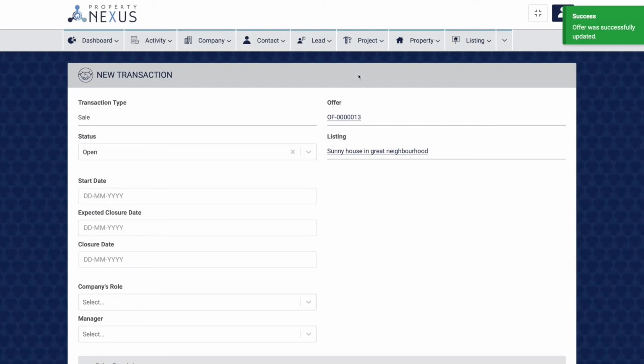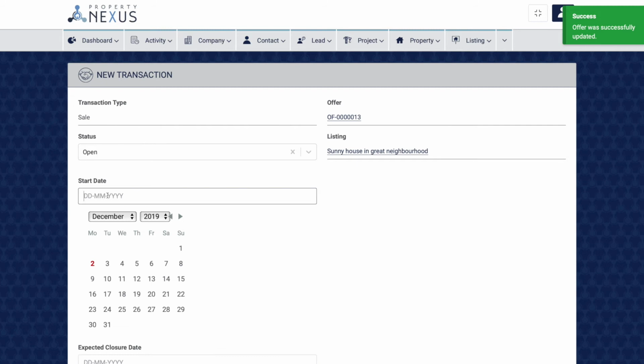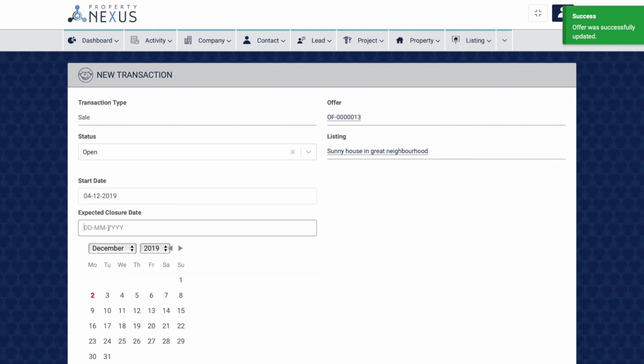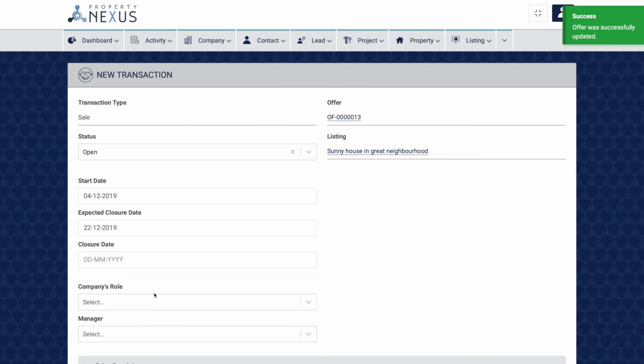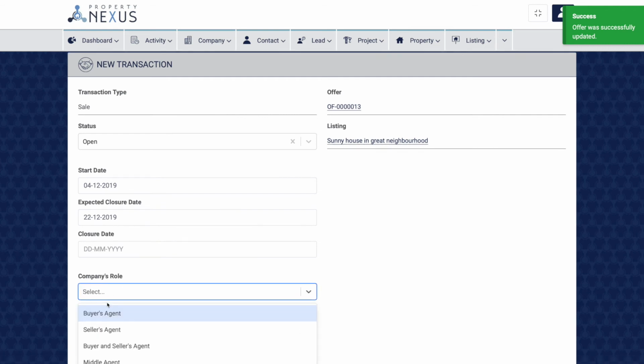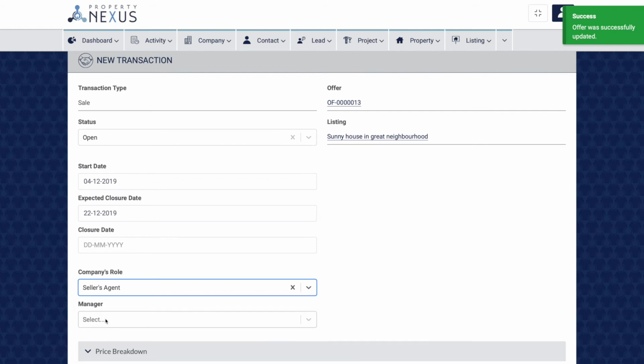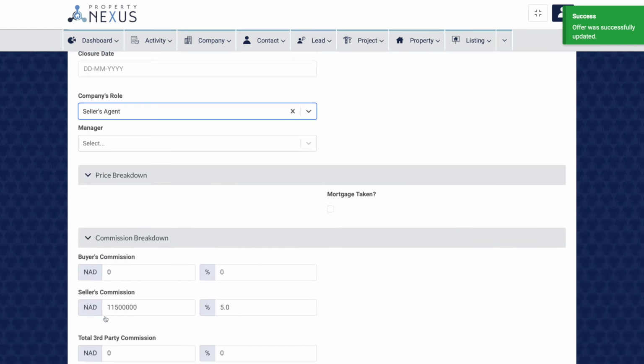When creating a transaction, a lot of the fields will be filled in for you from the offer record, but make sure to fill in as many of the other fields as possible. You will need to fill in the start date and expected closure date fields, as well as the company's role field from the main detail section. You will also need to fill in a few fields in the price breakdown section